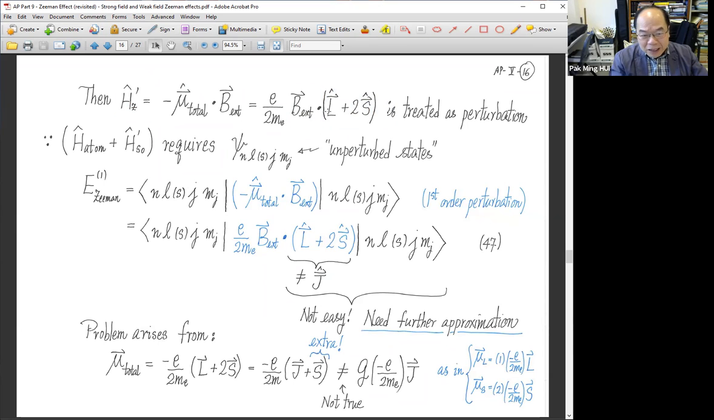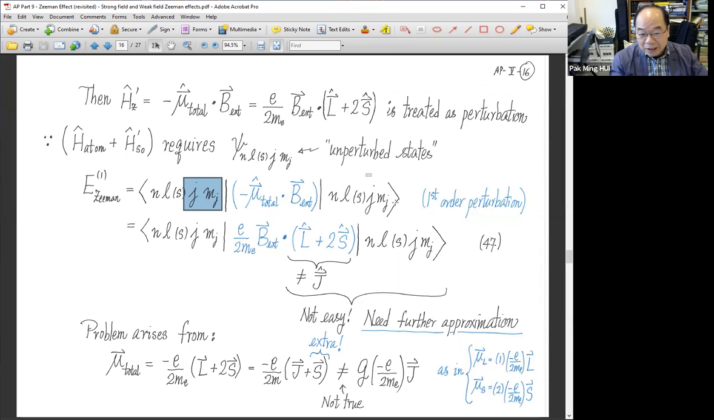The bad thing is that this is not J. Instead, it is J plus S, right? L plus S is J, and then there's an extra S. So this thing is not J, but is J plus S. Now, we want to do perturbation. The first thing is first order perturbation, right? So first order perturbation, but in our basis,